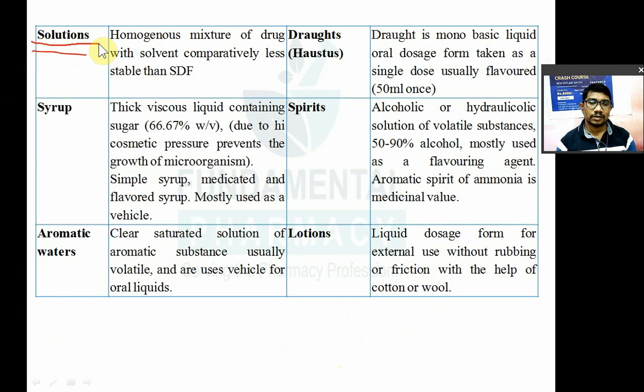ड्रग कंटेनिंग होमोजेनस मिक्सचर है ना, बाकी सॉल्वेंट जो भी होगा, वाटर होगा, एक्विस होगा, या फिर ऑयली होगा, या फिर हाइड्रो अल्कोहलिक होगा, या फिर अल्कोहल होगा, तो जो भी सॉल्वेंट होगा उसमें, तो होमोजेनस मिक्सचर ऑफ ड्रग विद द सॉल्वेंट, एंड इट इज लेस स्टेबल देन सॉलिड डोसेज फॉर्म।